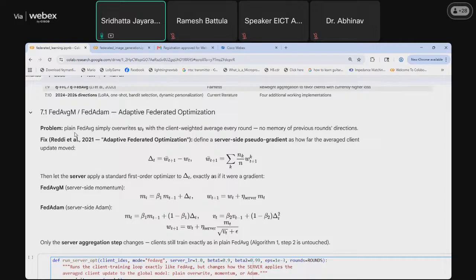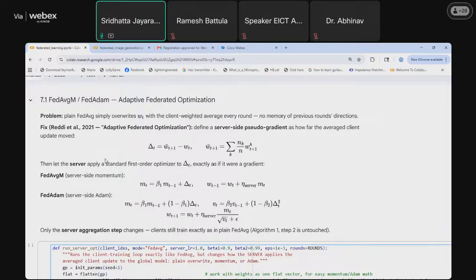I'll begin with the next implementation: FedAvg with momentum, or FedAdam. In this algorithm, the main overview is that when the federated algorithm was being implemented, there were rounds after rounds, and each did not depend on the previous update.